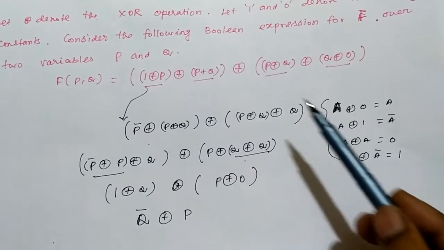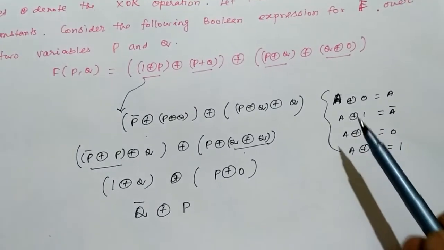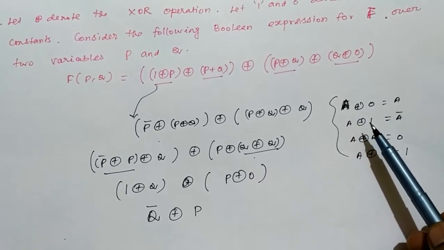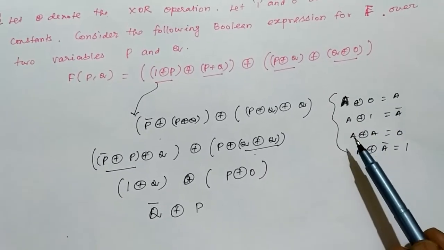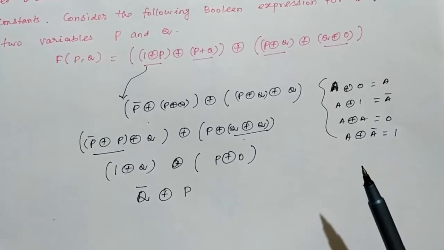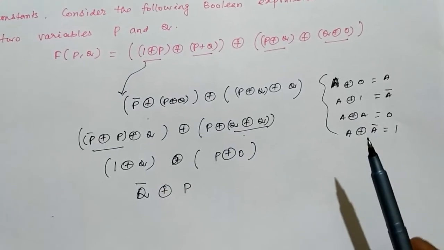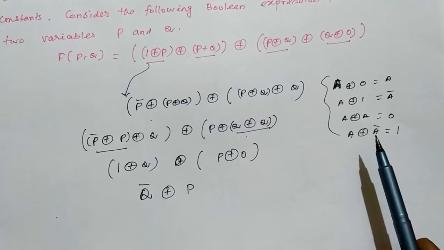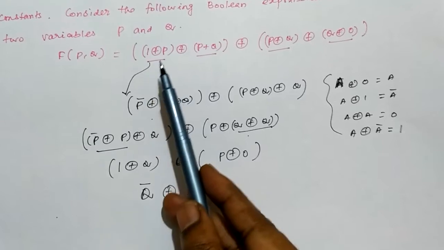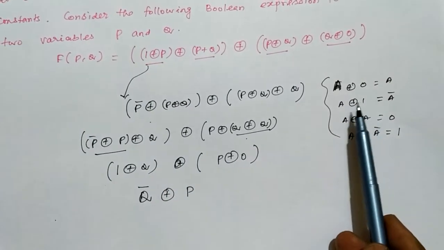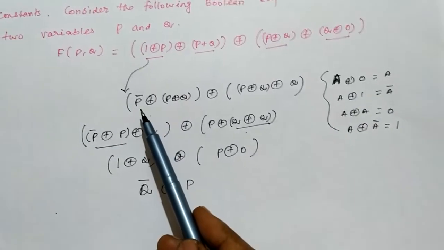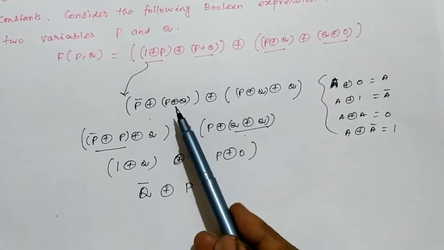So here before going into this, we will just memorize these things. A XOR with 0, the result is A. A XOR with 1, the result is A complement. A XOR with the same input, the result is 0. In the previous problem also we have seen that A XOR with the same input, the result is 0. So A XOR with A complement is 1. So here this 1 XOR with B, that is 1 XOR with any variable, the result is that variable's complement. So this results in B complement, and we cannot do anything.